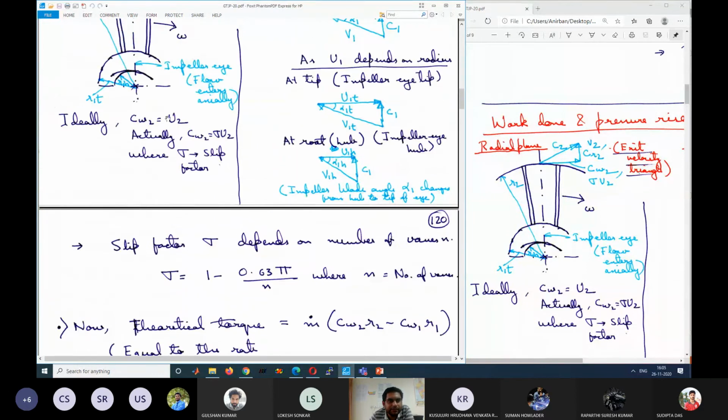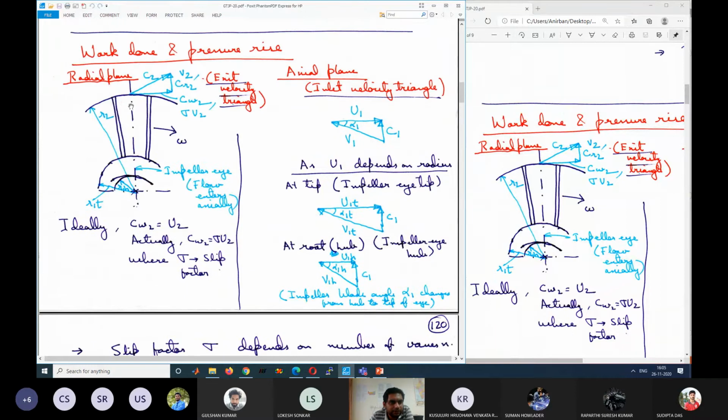So as I was saying, CW2 is slightly less than U2. Ideally it should be equal to U2, but there is a gap between the blades. The blade velocity at which the blade is moving, that exact velocity cannot be imparted to the fluid flow. If there are infinite number of blades, say 100 vanes, then the gap is small, and CW2 will be almost equal to U2. But if the gap becomes larger, CW2 will become lower and lower than U2, because although you are pushing at this point with velocity U2 near the blade, at the center part between the gap the velocity will become less than U2.